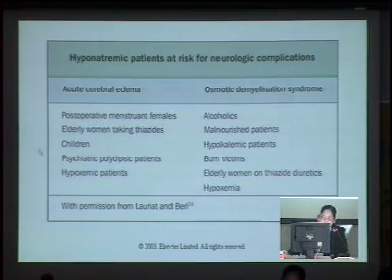They're prone to develop cerebral edema when they develop hyponatremia. And these patients, alcoholics, malnourished patients, burn victims, elderly women again with thiazide diuretics, are prone to develop a complication